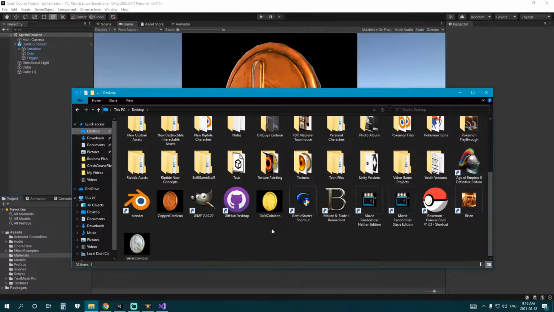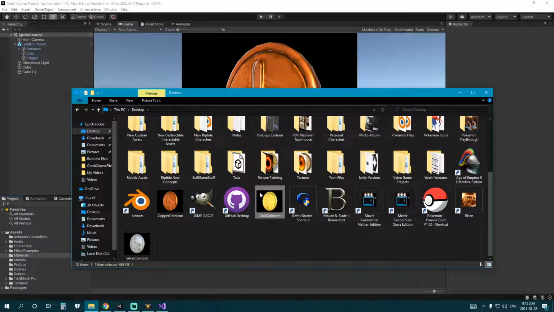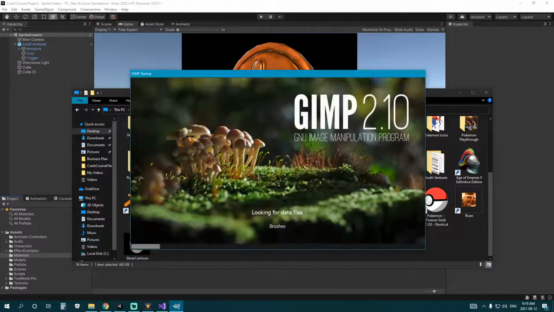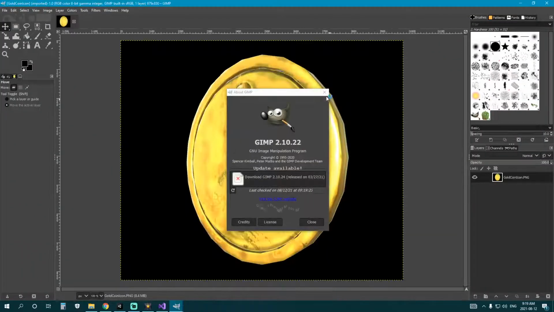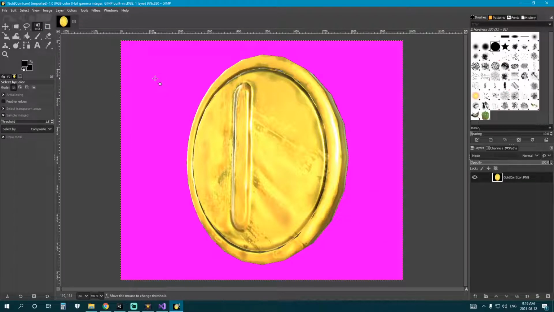Okay, let's open those up with GIMP. You can also just go to GIMP, go File, Open, and open this image. Alright, so I just want to go to this tool right here. Select by color. Okay, so here we can just click and drag, and you can see it starting to select